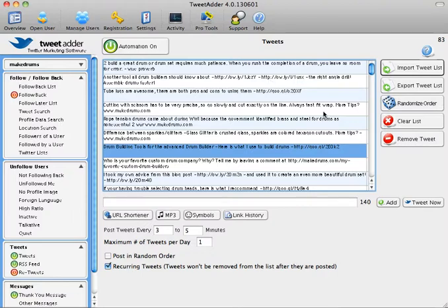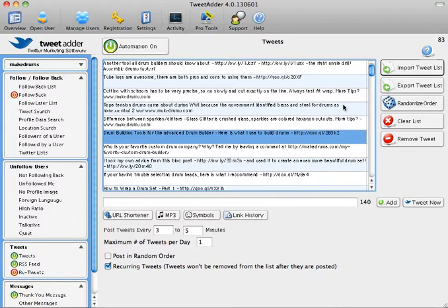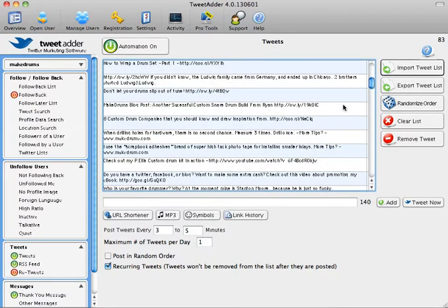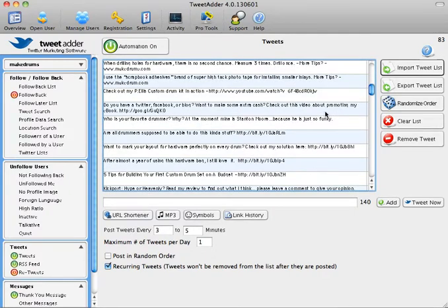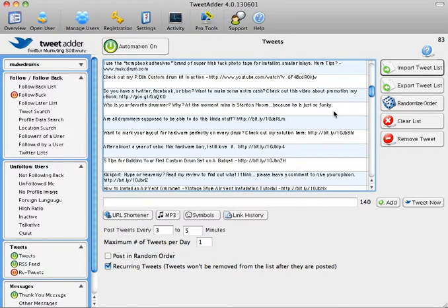You want to keep giving them information that is valuable to them so that they in turn look at it and consider you more of an authority on whatever topic you want to be an authority on. And so for this account, it is my Make Drums account. So all of these tweets are all about drum building and drumming,